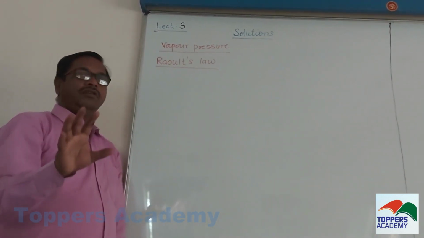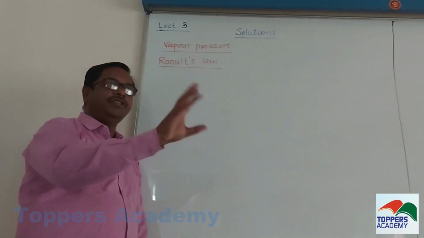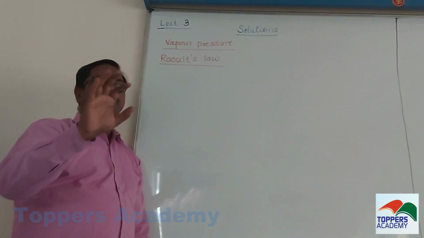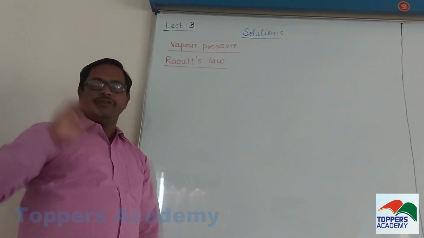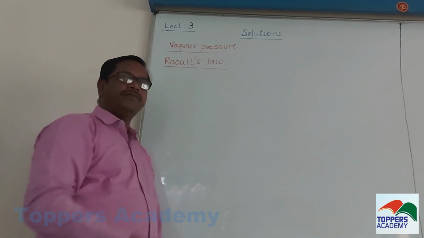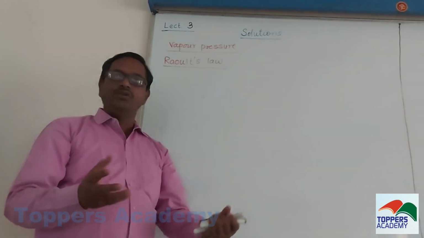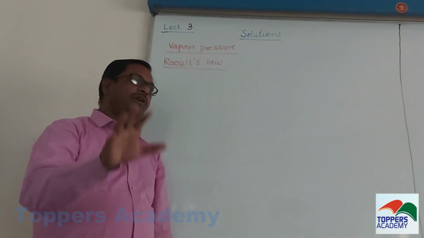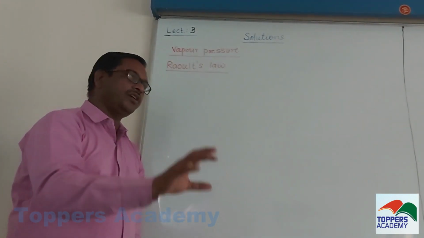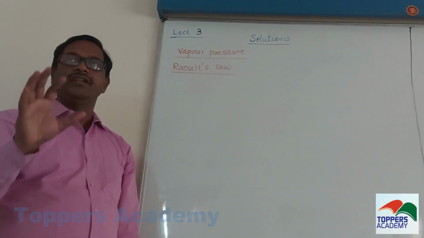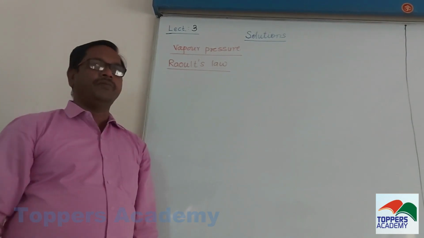Okay, see again, when we prepare a solution, the solute dissolves in the solvent. Now before preparing the solution, the solute has a different vapor pressure, the solvent has a different vapor pressure. When these two substances are mixed together, then the solution is formed. The total vapor pressure of the solution is equal to the vapor pressure of solute and the vapor pressure of solvent. Therefore, such vapor pressures are known as the partial vapor pressures.